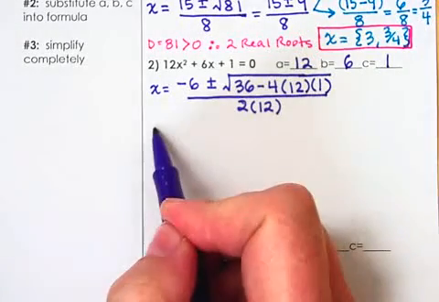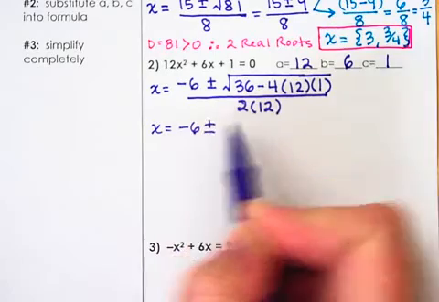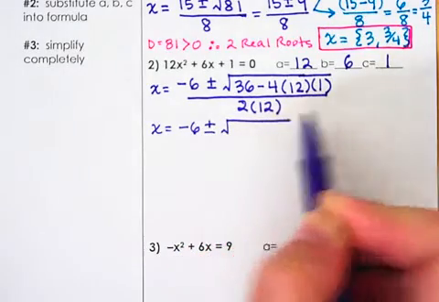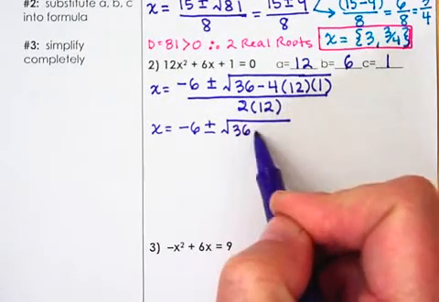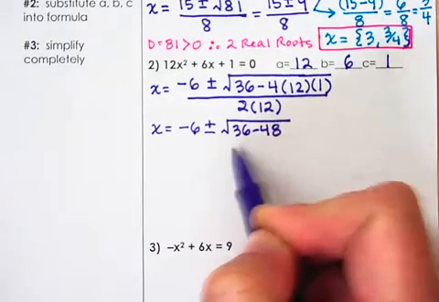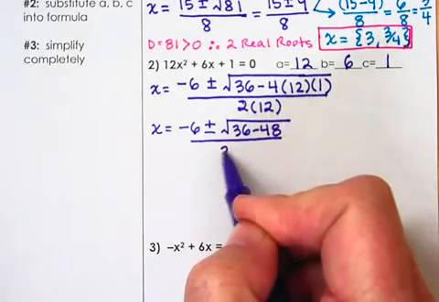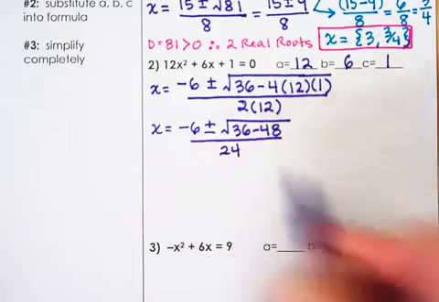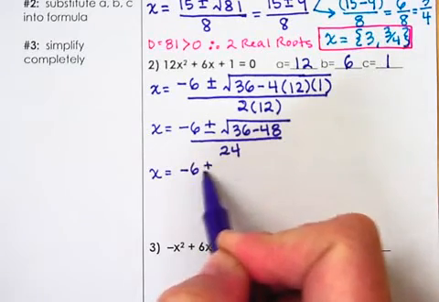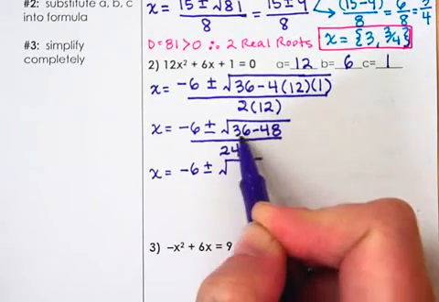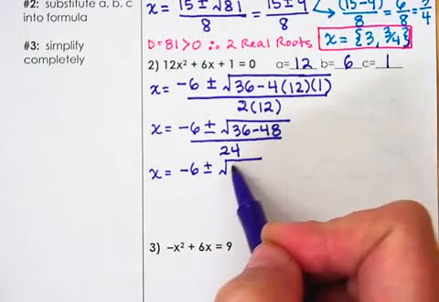Okay, and we're going to go ahead and simplify again. x equals negative 6 plus or minus the square root of, and if you have a calculator, you could just type this straight. I'm going to do it in 2 steps. 36 minus 48, all over 2 times 12, which is 24. x equals negative 6 plus or minus the square root of, and then 36 minus 48 is negative 12,